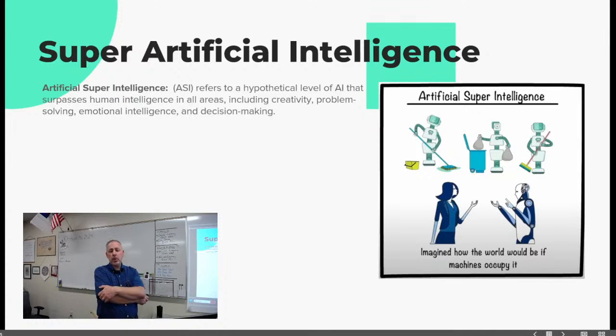Right now, I know between Google, Amazon and Elon Musk, they're competing over who's going to have the biggest data center for this. So again, it refers to hypothetical AI that surpasses human intelligence, depending on where we're at. So now we're into the creativity mode. We're into problem solving, emotional intelligence. There's even speculation of having AI more of a counselor or a